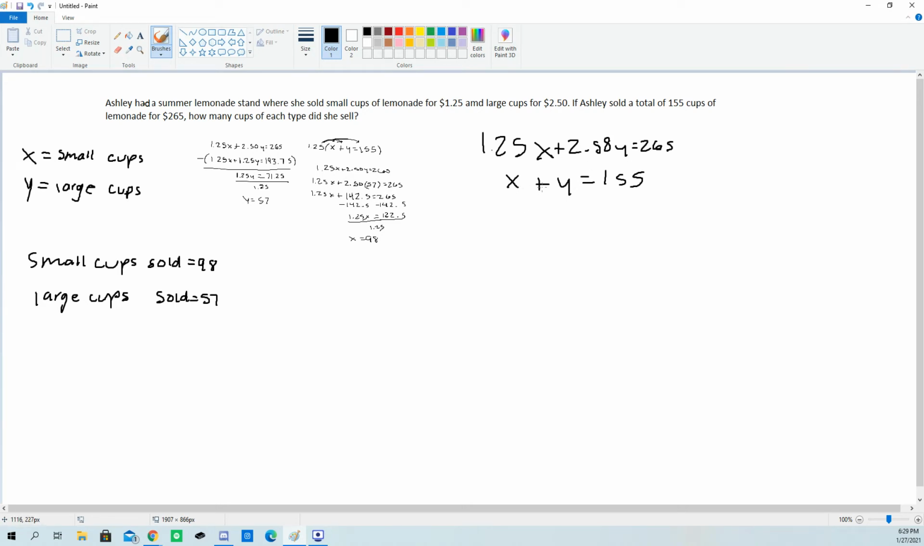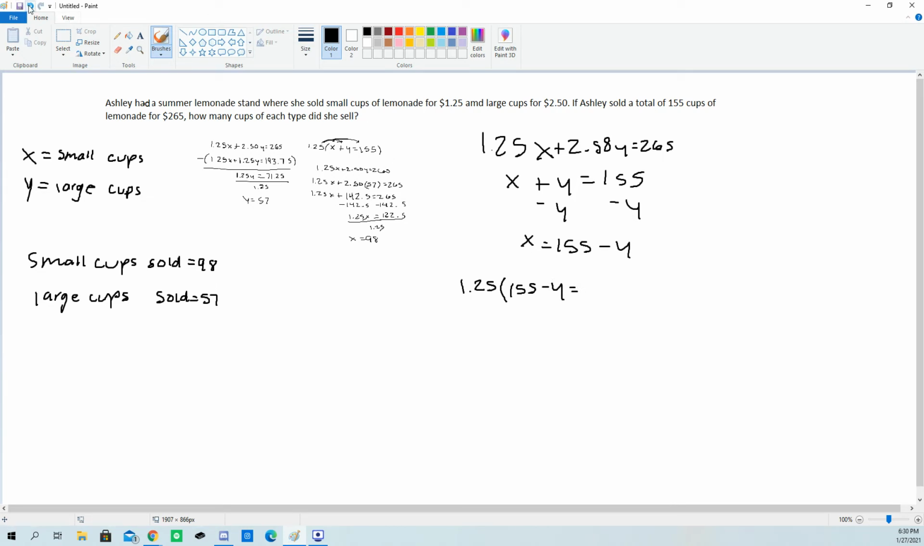All right. So what we can do next is we can actually define a variable. If we subtract y from both sides, we will get that x equals 155 minus y. So that's a simple way to define the variable quickly. And then what we can do is substitute that back into our first equation here. Then we'll only have one variable in the equation, and we can solve it right there. So $1.25 times what we found for x, 155 minus y,